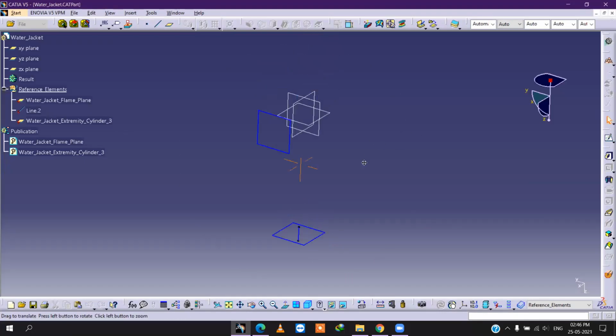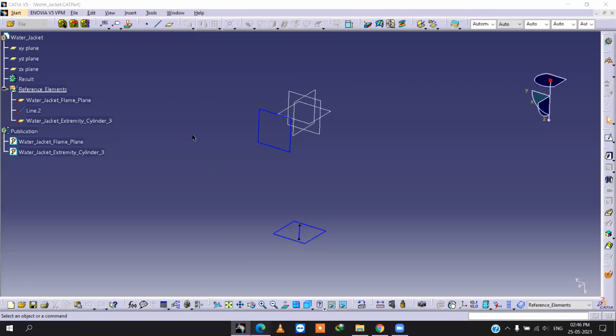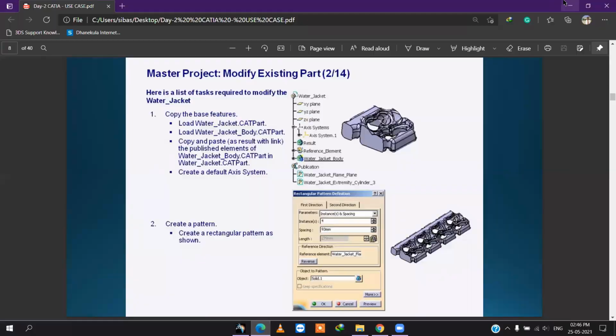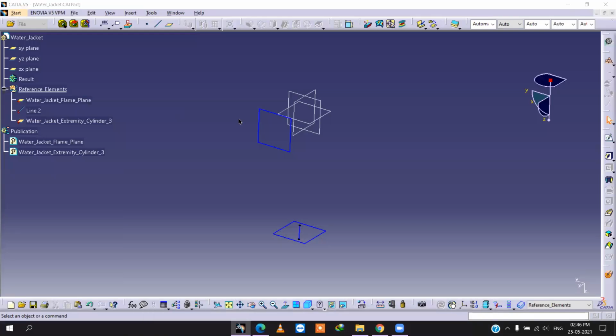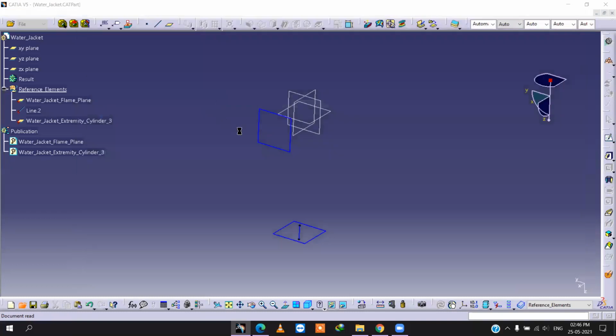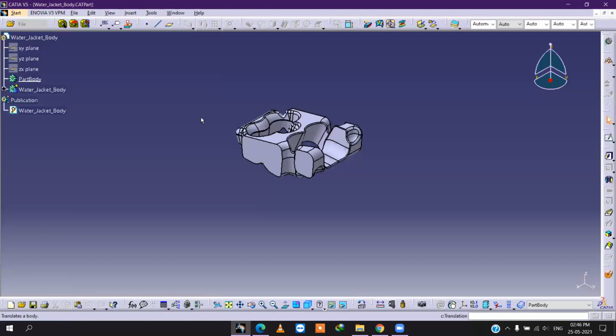After that, what is it saying? Load water jacket body cat part. Again, we have to press Ctrl O, water jacket body cat part. Okay, in another window it has opened.